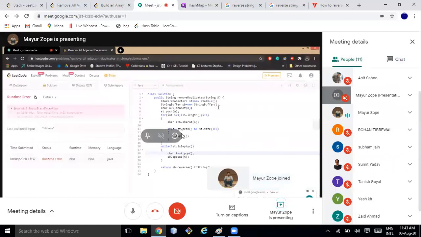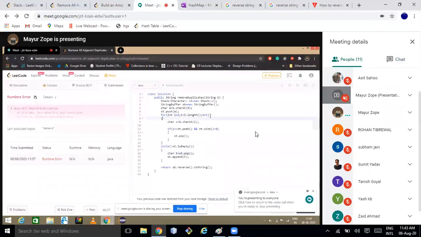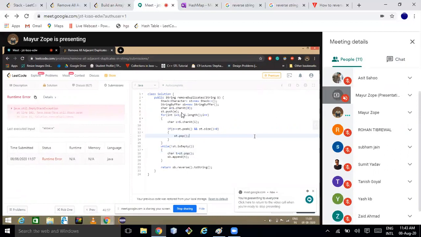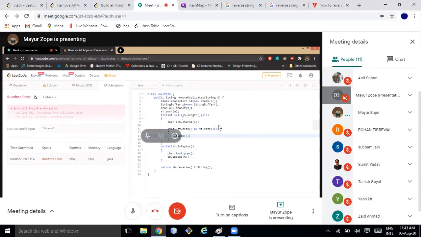First I created a string buffer in order to store that element. You created one string buffer, then s dot charAt 0, st dot push. Where is your for loop?